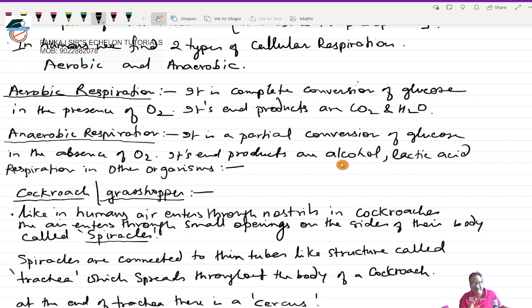Anaerobic respiration happens in the absence or deficiency of oxygen, and there is no total conversion, only a little conversion. If it is happening in plants the byproduct is alcohol; if it is happening in animals the byproduct is lactic acid. Is that clear? So this makes us